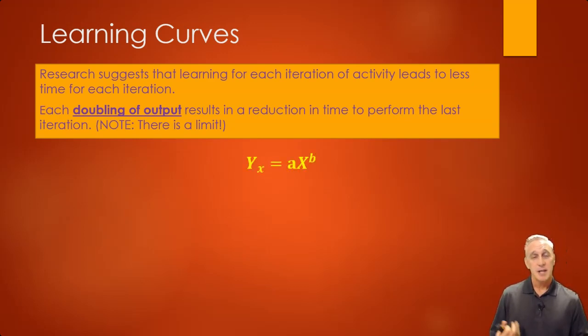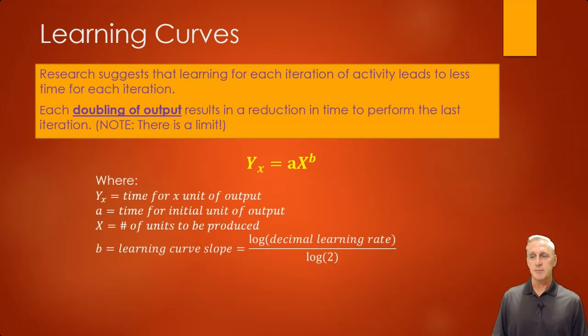So an overall equation that we can use as a very decent estimate is the learning curve, which is y as a function of x, and x is the number of iterations that we've done this sort of thing. So y is the time for a unit of output. Now again, each unit is a repetitive time that we've done something. So x is the number of units of a project, of a product, whatever it is that we're outputting. A is the amount of time it takes for that very first time. And remember, the very first time you do anything, as we all know with practice, it takes you the longest amount of time to do that.